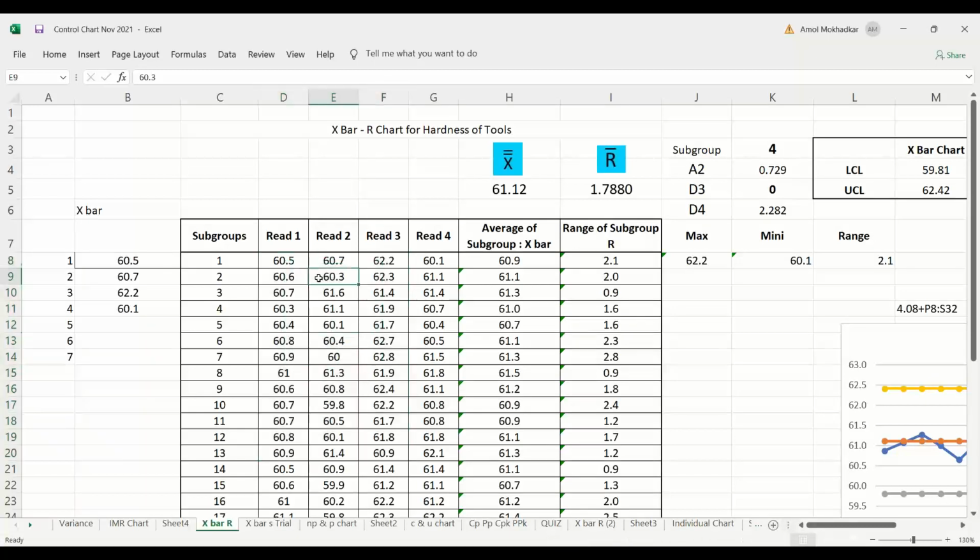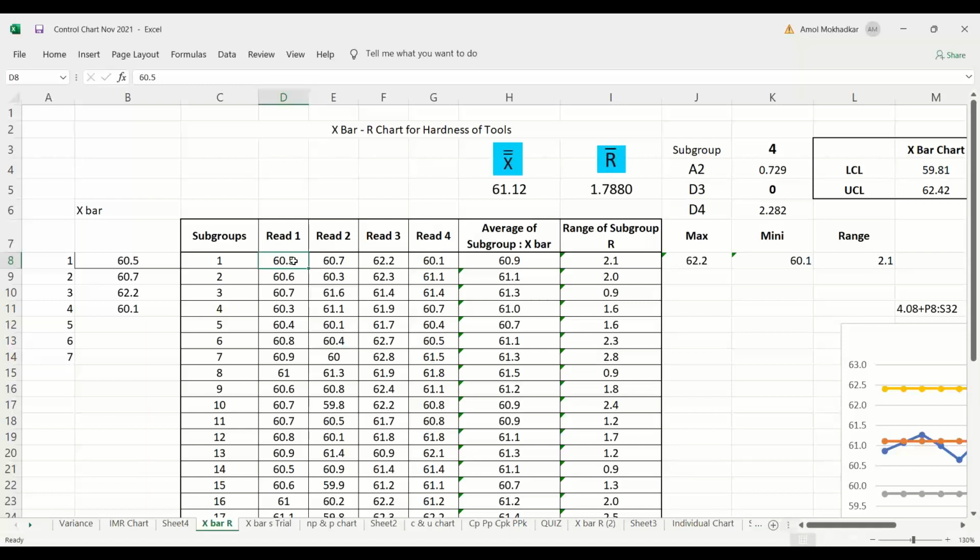So here, when you are taking the subgroup data, you have collected it because for calculating the LCL and UCL, you need to collect some data first, and after that live plotting of the data will go on. So it is basically the calculation of the trial control limit which you are going to use if there are no issues found. You continue to use that one. You don't need to calculate the control limits and the averages on a daily basis.